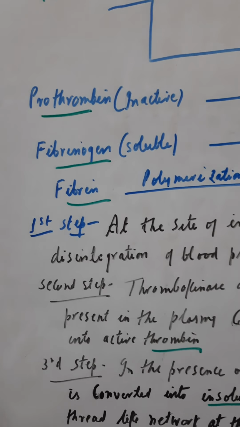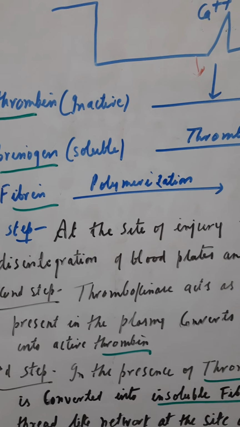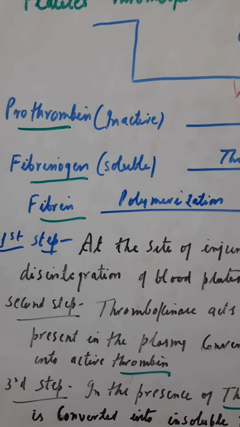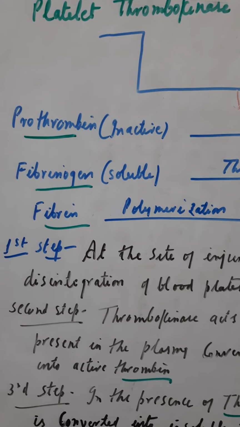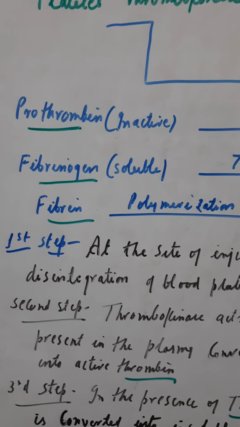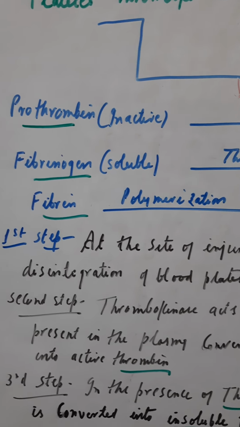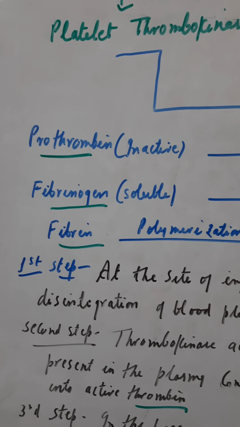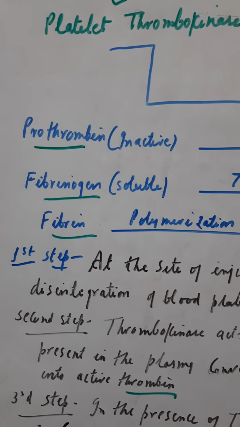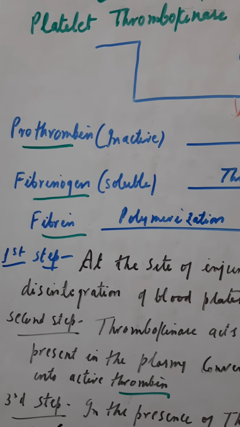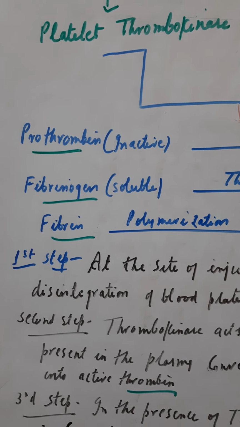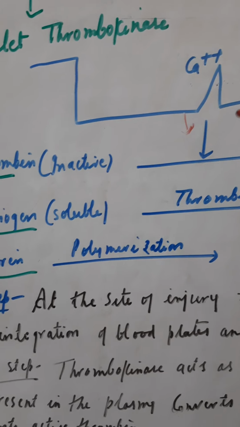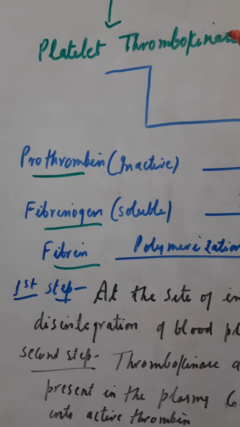Now there is one more important thing, the role of vitamin K in blood clotting. Vitamin K is essential for the synthesis of prothrombin and fibrinogen proteins by the liver cells, and these proteins are essential for the clotting of blood. So in your board examination, if they ask to name the vitamin essential for blood clotting, you will write K, or name the element responsible for blood clotting, you can write Ca++.